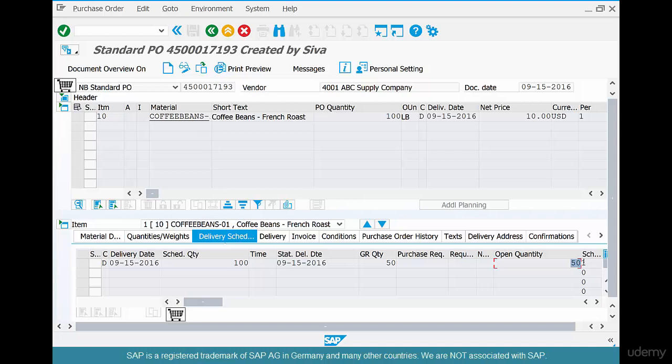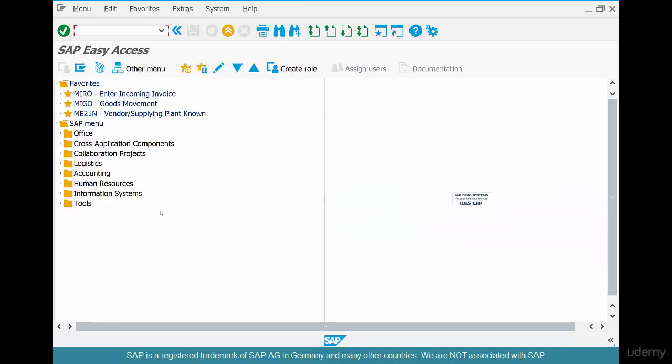Now sometimes we might not require the 50 more. We can say, let it go. We might not need the 50 now. We can order it next month. But the system does not know that. The system thinks that we need 50 pounds of coffee. And in order to find out the open POs by vendor or by a number of other such criteria, you can go to this transaction, ME2L,